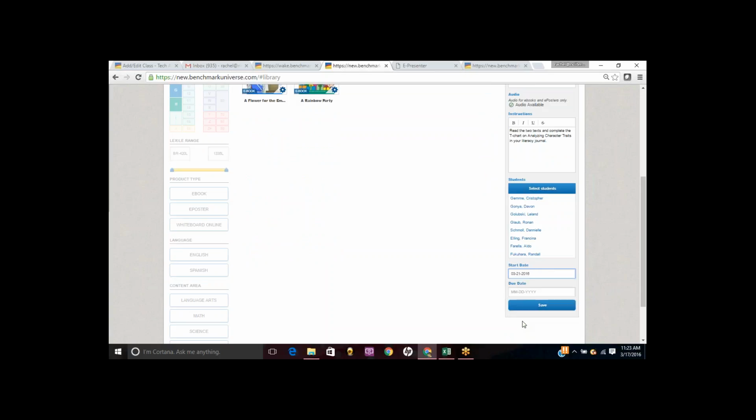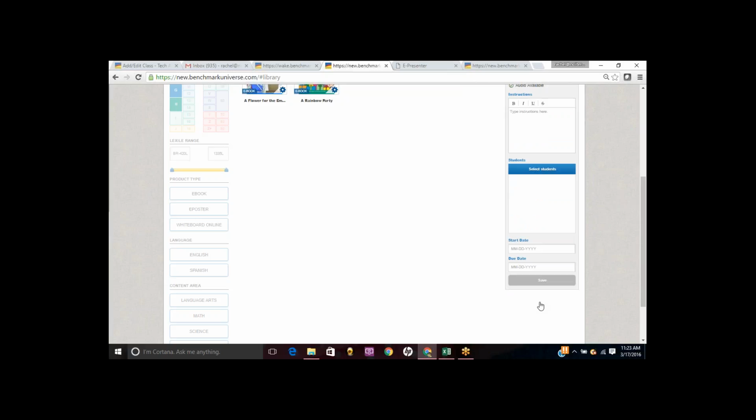So let's say Monday, and they need to have that assignment completed by Friday. Okay, you must put a start and an end date on your assignments to save them, to complete the assignment in the program. At any point in time, you can edit these dates, you can reassign it, you can put other students in here, and that's all done through the assignments tab that we'll look at in a little bit. Okay, click on save,